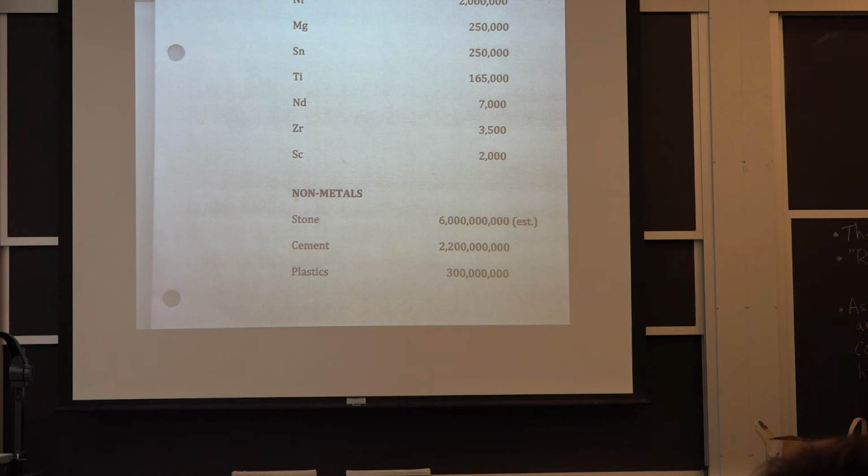But stone's used for lots of things. It's not always a structural material, but it is a structural material. I've estimated there's probably 6 billion tons a year of stone. It's the cheapest material, which is why we use a lot of it. There is this correlation between price and the amount of material that we use. Now, there are other relative cost and density. Ashby gives you some of these numbers.